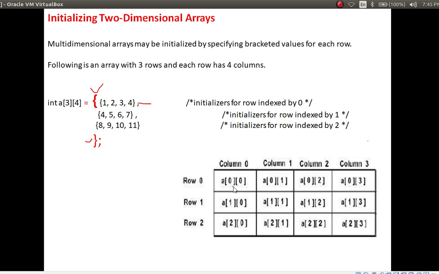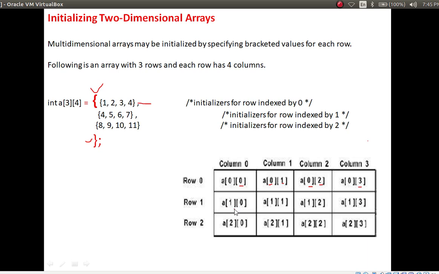Here the index is A of 0, 0. A means the array name, then row 0, then column 0. Then the first column: array name, 0th row, then first column. In the second, row is 0, then column number is 2, then same row, column number is 3.